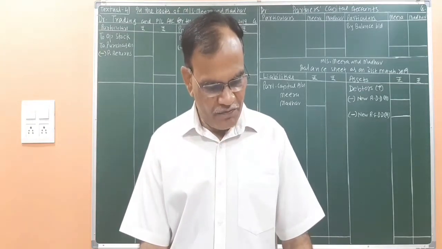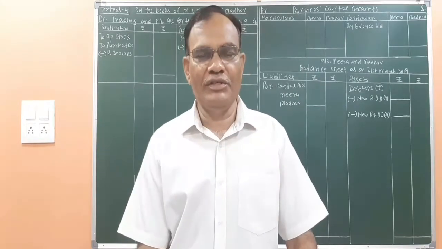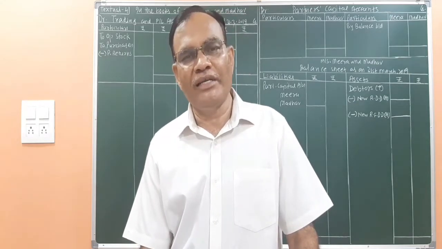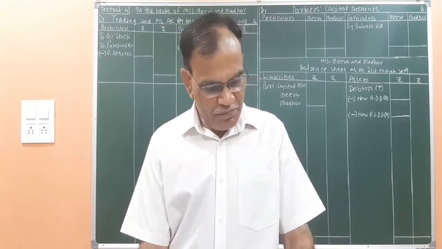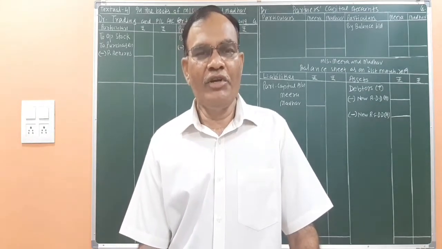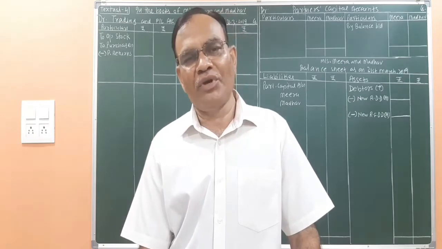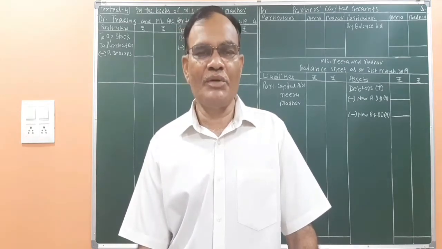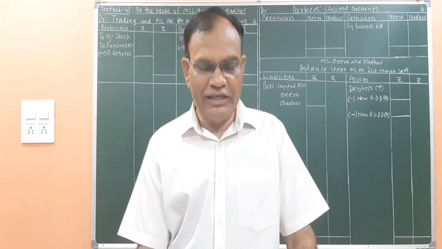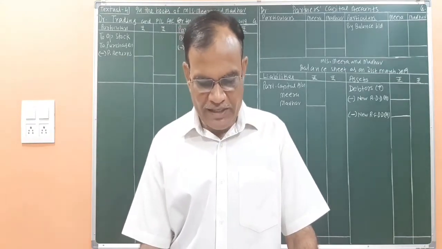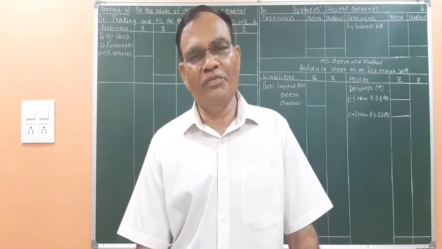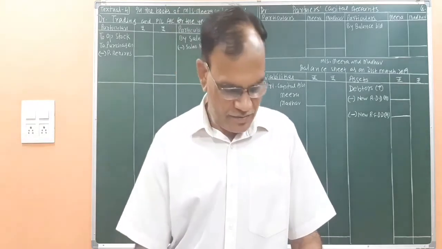Then we have adjustments, 5 adjustments. Closing stock 32,000. So we'll do the posting as usual, 2 effects: trading account right side and balance sheet asset side. Provision for doubtful debts means this is reserve for doubtful debts. So we'll be making 2 entries, one on the debit side of profit and loss account and one we are going to subtract from the debtors. And in the same way we have to create reserve for discount on debtors. So that is also on the debit side we will write once. And another effect will be, we will be subtracting from the debtors.